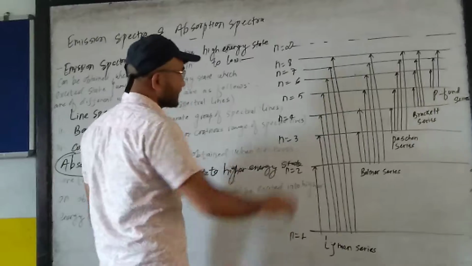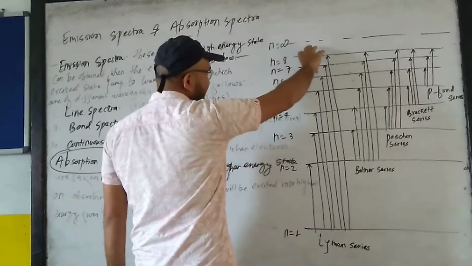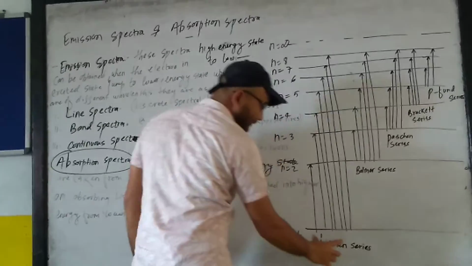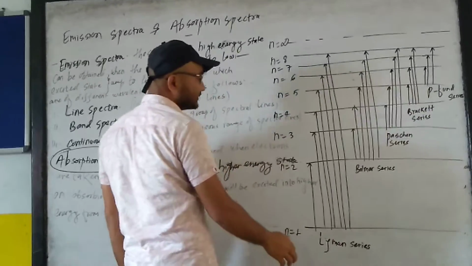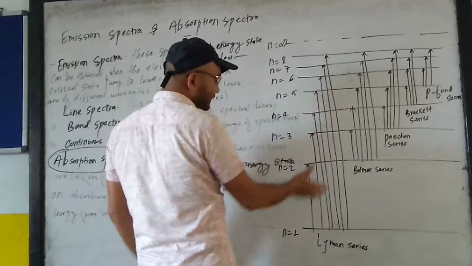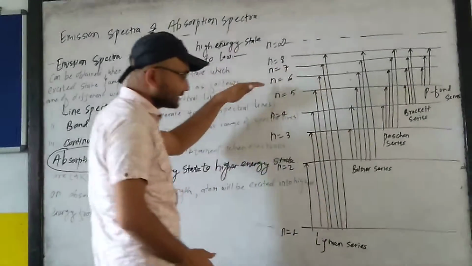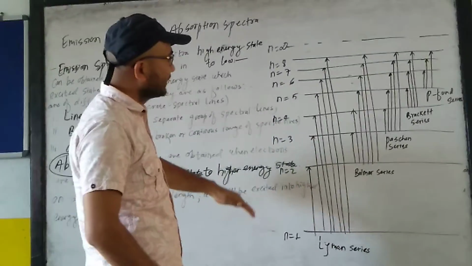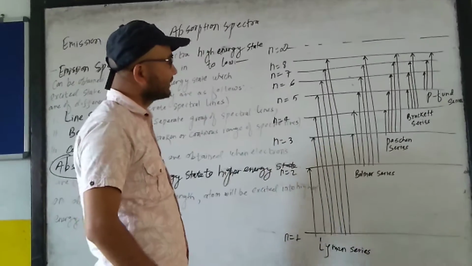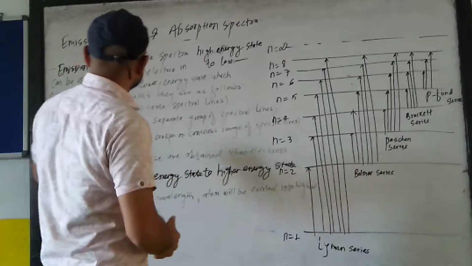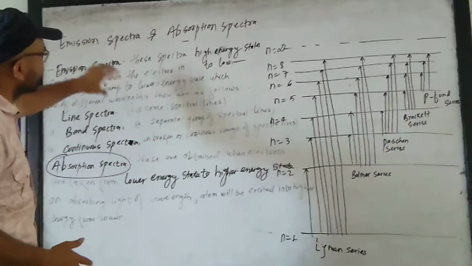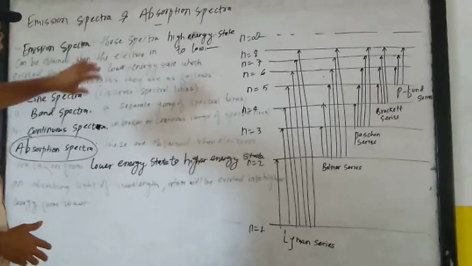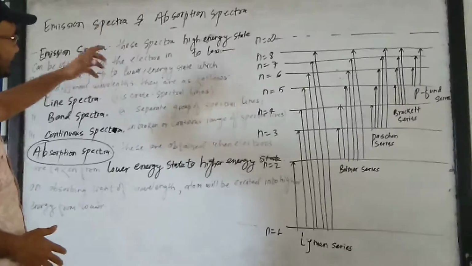In emission spectra, the electrons come from the higher energy states to the n equal to 1 lower energy state. In this way there are many possibilities, that means the electron might go from lower to higher or higher to lower. There is emission of radiation. So on the basis of which energy level the electron jumps to, whether from higher to lower or lower to higher,